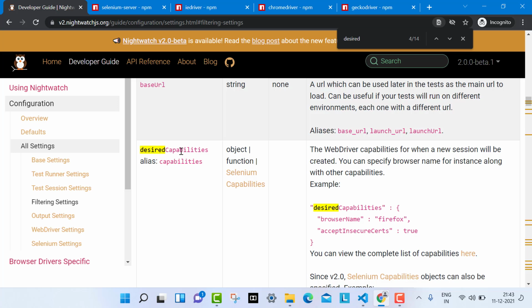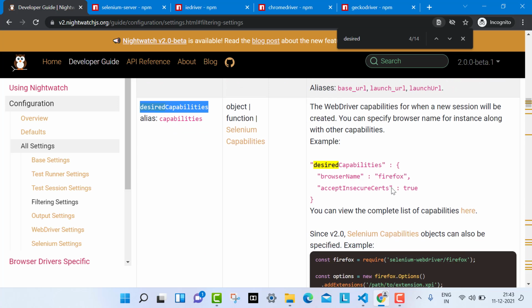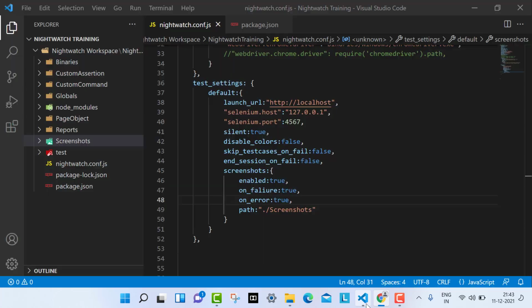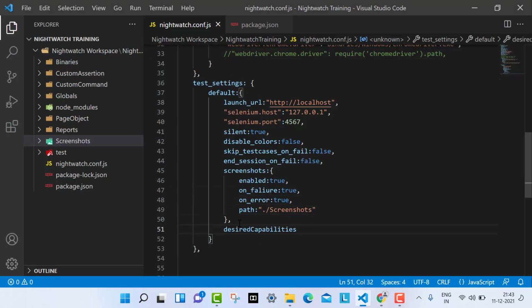Okay, here it is. It is called capabilities also. It is either an object or a function. So under the desired capabilities, I can provide some default values also.